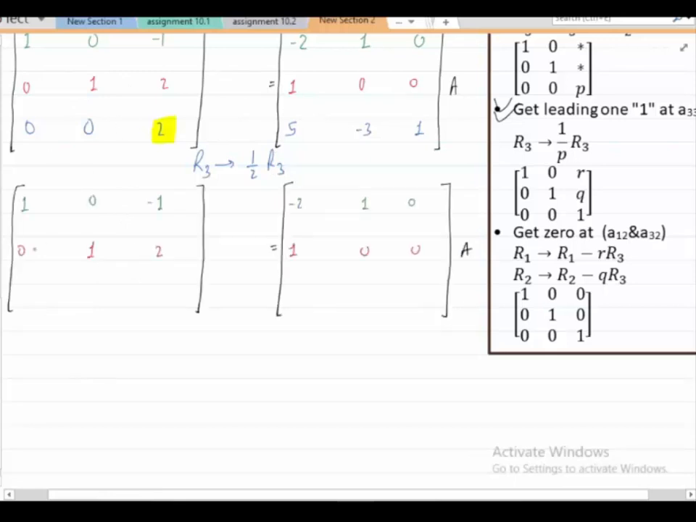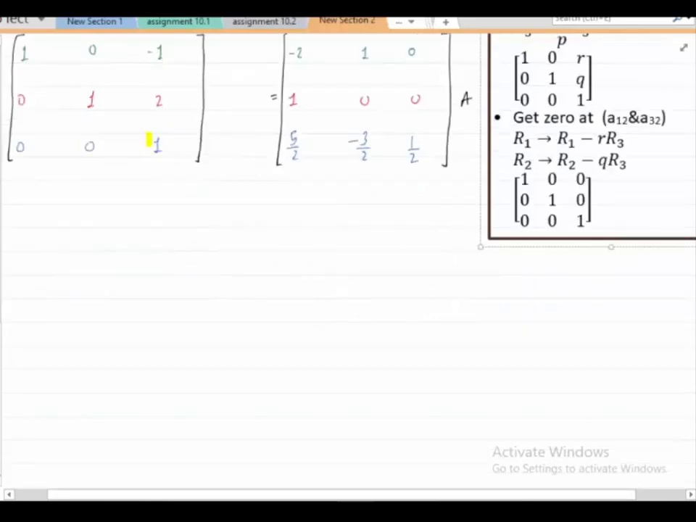So let's write down as it is. And the third row will be 0 by 2, 0 by 2, 2 and 1. Here we'll get 5 by 2, minus 3 by 2 and 1 by 2. So finally we get leading one at a33 as well as R and Q, which will be helpful to get 0 at a13